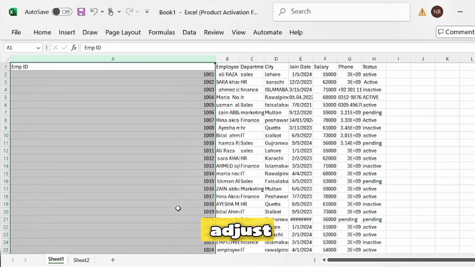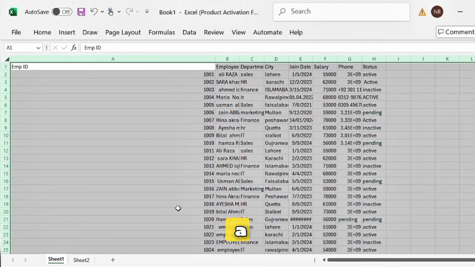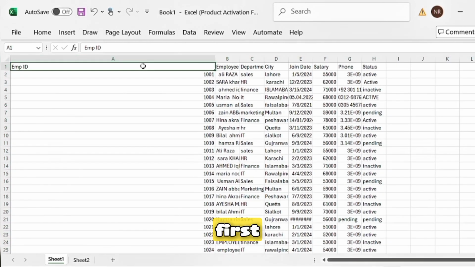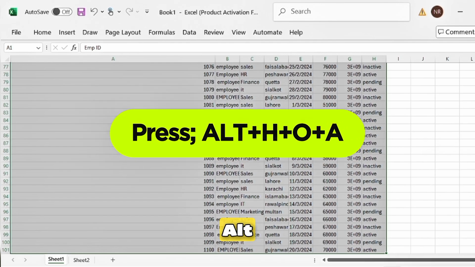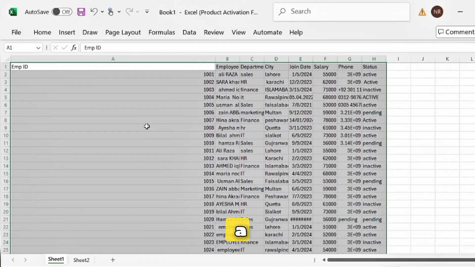Next, we will adjust the row height according to the data by pressing Alt H O A. So first of all, select all data, Control A, and press the shortcut key to adjust row height, Alt H O A. Your data rows height is adjusted.